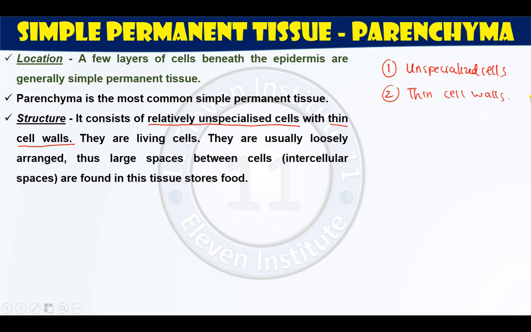They do not have a great unique function to perform. They are having some common function to perform, like to store food. And hence, for that, they do not require any special structure. They require just a normal cell which can store the food. So they are unspecialized cells compared to others. Few cells are having thick cell walls, few cells are having some lignin deposits in them, so they might be having some specific function. Parenchyma is not having a larger role.